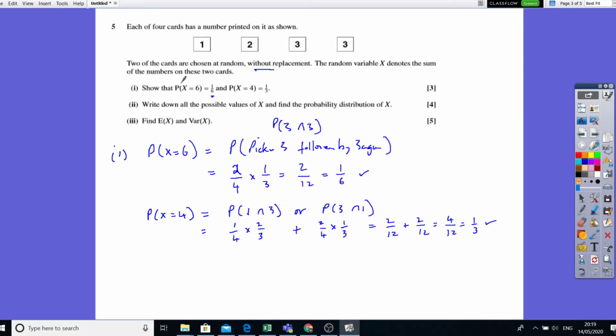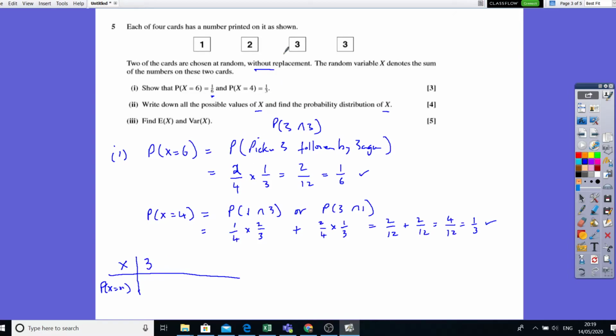Okay, now it goes here: write down all the possible values of x and find the probability distribution of x. Now when we're doing this, first of all, x is the sum, and this is the probability of x being x. So what can the sum be? You can pick a 1 and then a 2. So that's the minimum you can get,